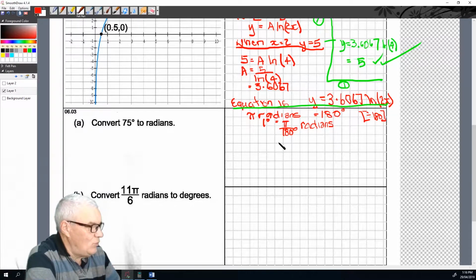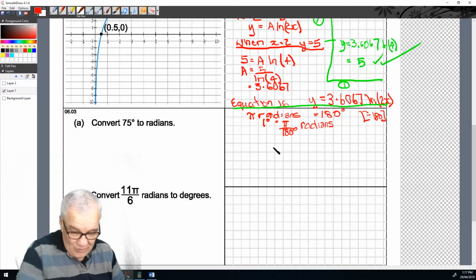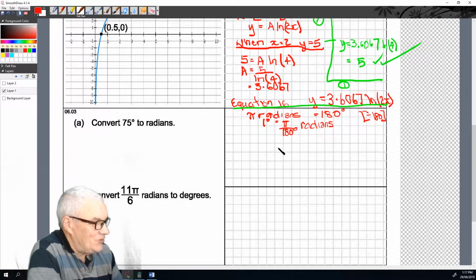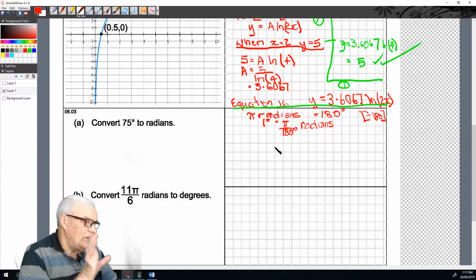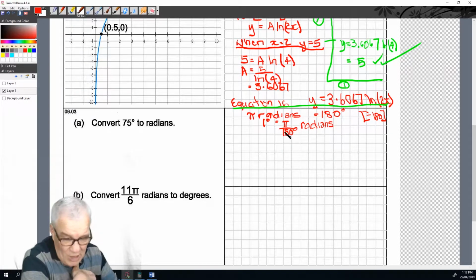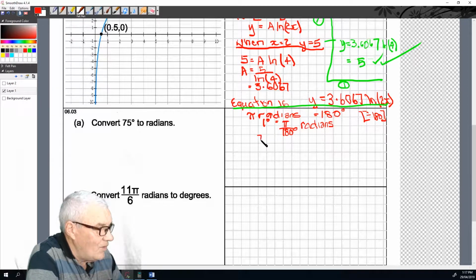So you've got to keep your wits about you. You can see there, I knew the answer. I actually got it written down here beside me, and I still managed to copy it down wrong. But when I went to work it out, I thought, whoa, that number's going to be way too big. That can't be right. So now 75 degrees